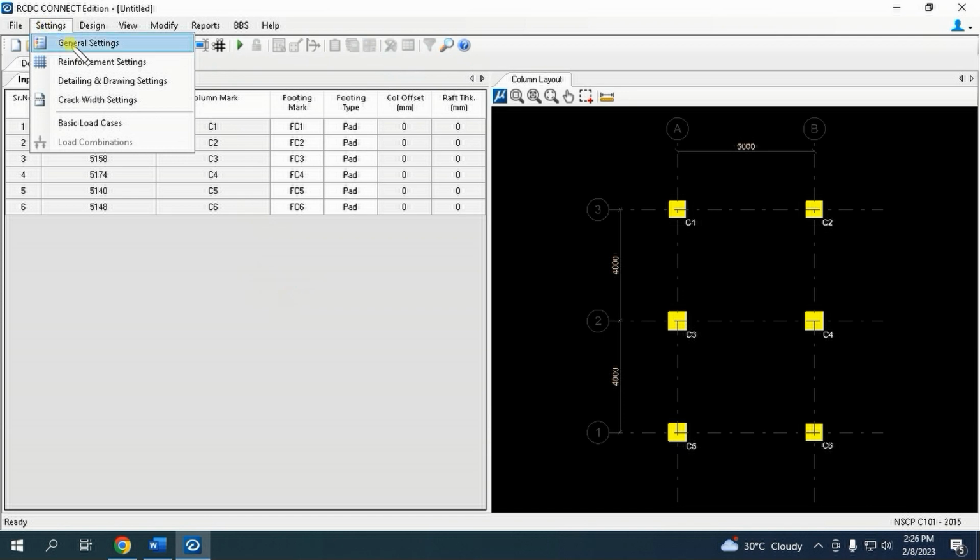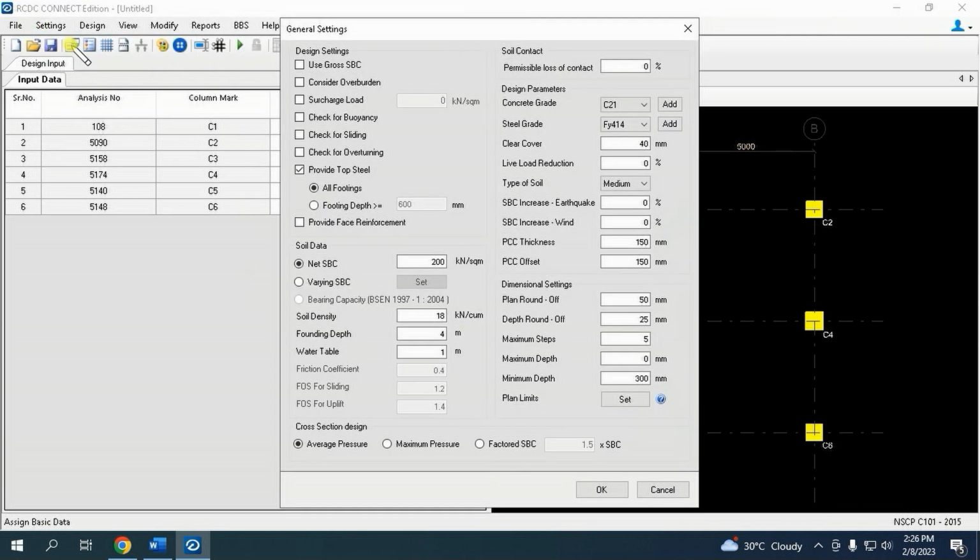In the settings, general settings, which is important, we have to check the following. Consider overburden, surcharge load,